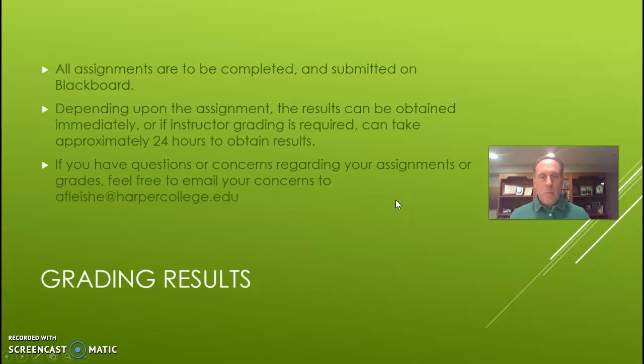Now, as always with homework assignments, they're provided on Blackboard, done on Blackboard, submitted on Blackboard, and graded on Blackboard. Depending upon the assignment, they can be graded immediately as you hit the OK button, or if I have to do any grading because it's a short answer type of assignment, it could take a couple days. 24 to 48 hours is usually my target. If you ever have questions regarding your grades, check the Grade Center. There should be an ongoing running total for your grades. If you have specific questions regarding assignments, homework, or your grade, please feel free to email me at